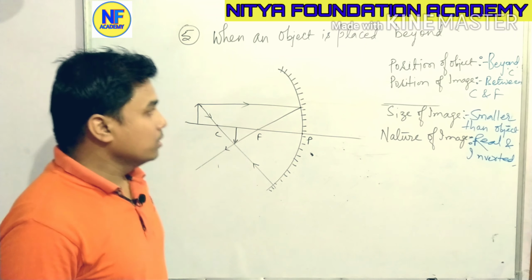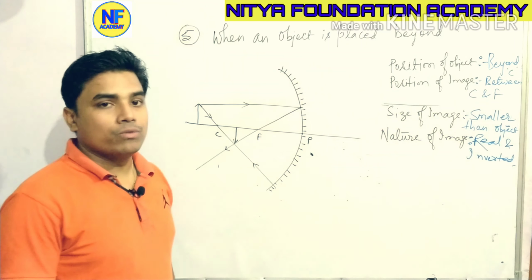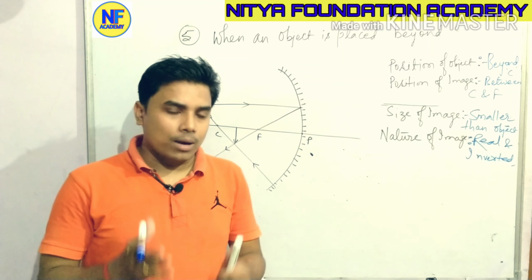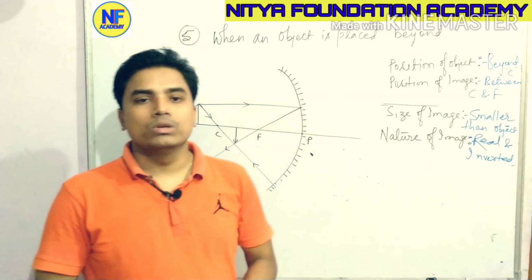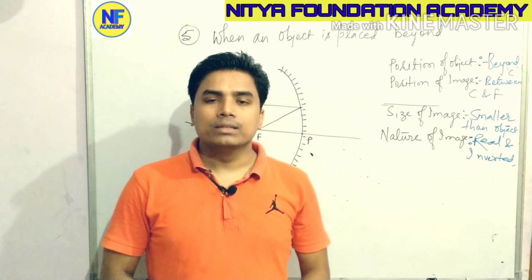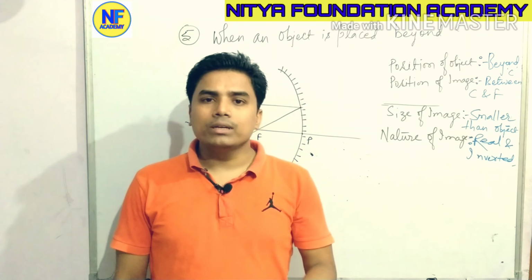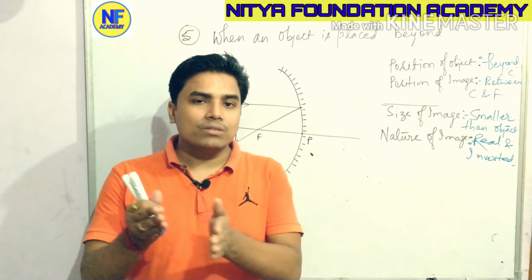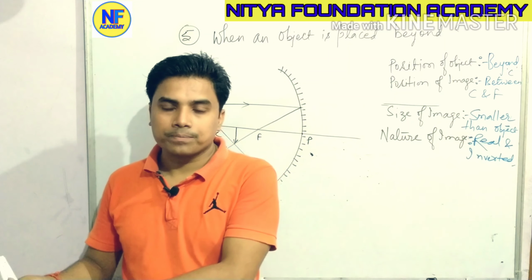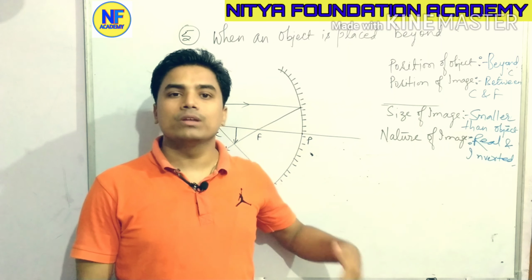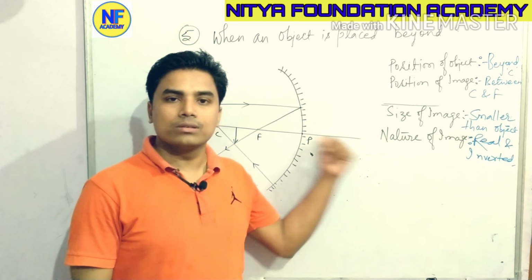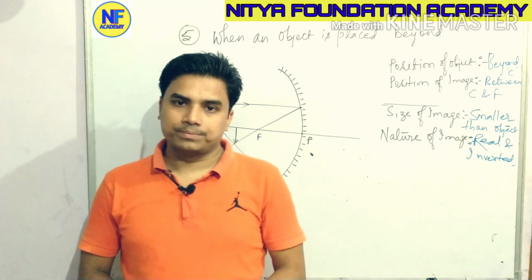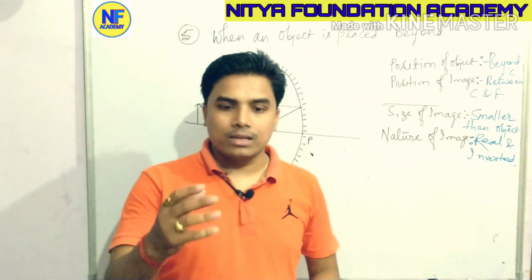I hope you have all understood these points. Now we will come to the last image diagram in the concave mirror, and about that diagram I just want to give you some information. In the concave mirror, all the image formations which we have understood here are completely with the property of real and inverted. But the image we are going to understand after this diagram is an exception image formation in the concave mirror. So let's continue with that image formation.